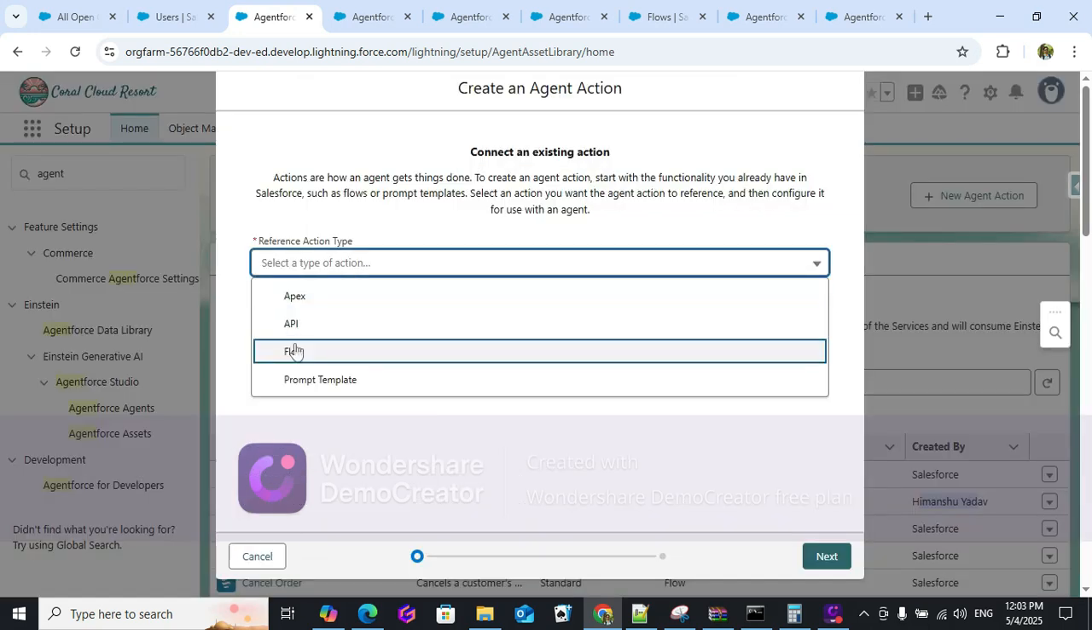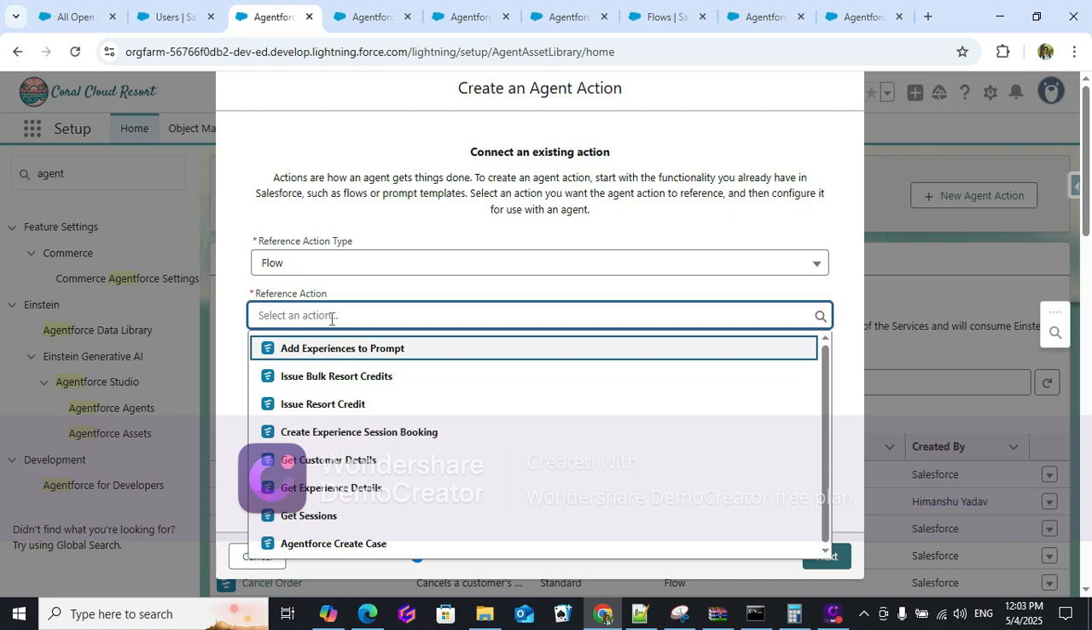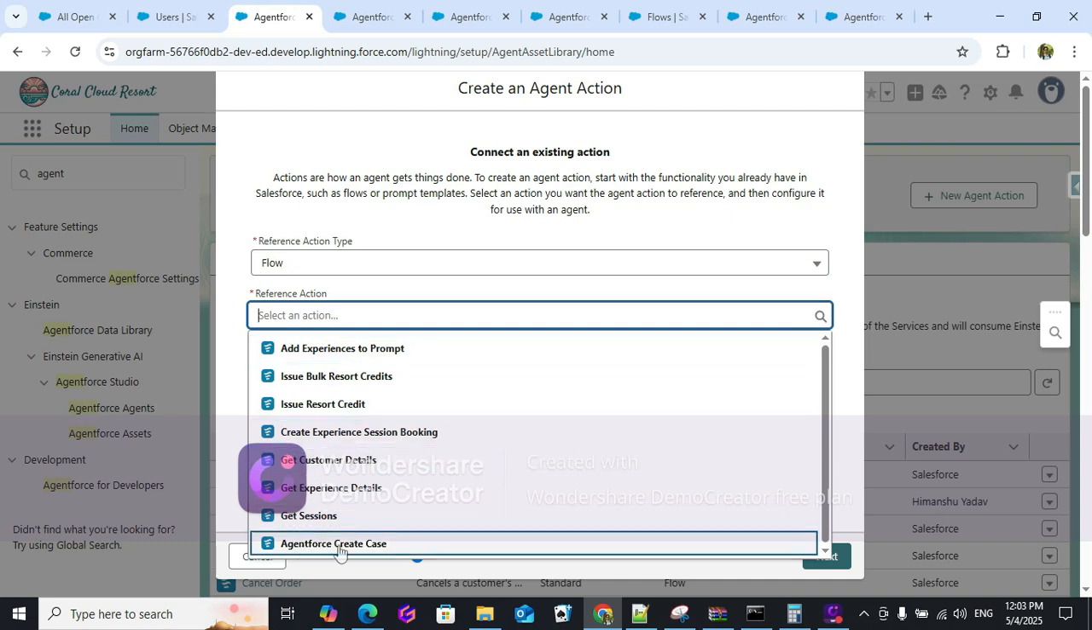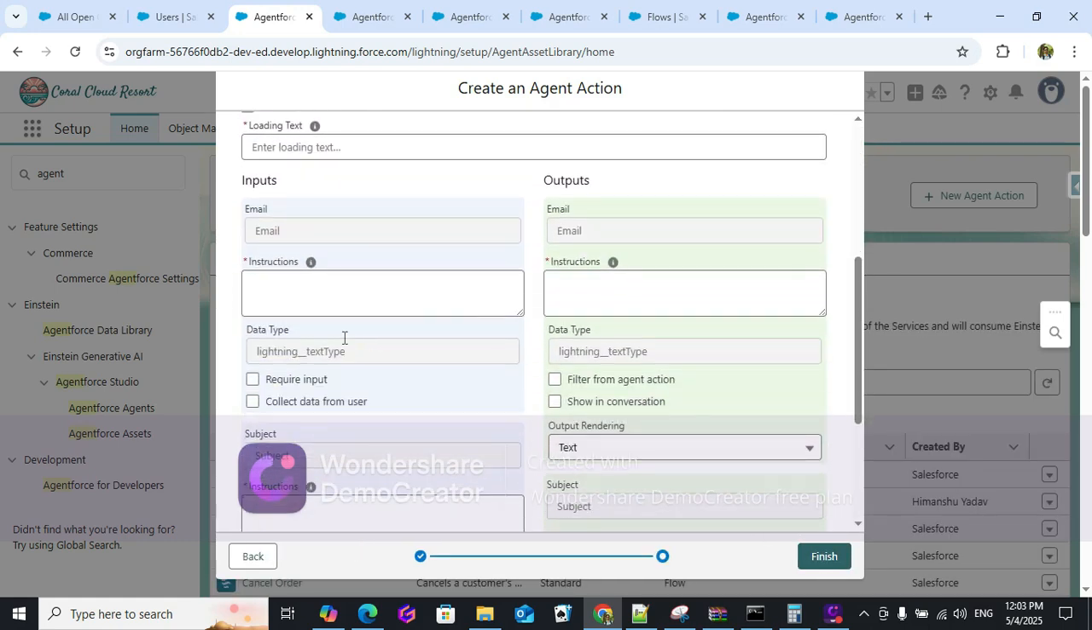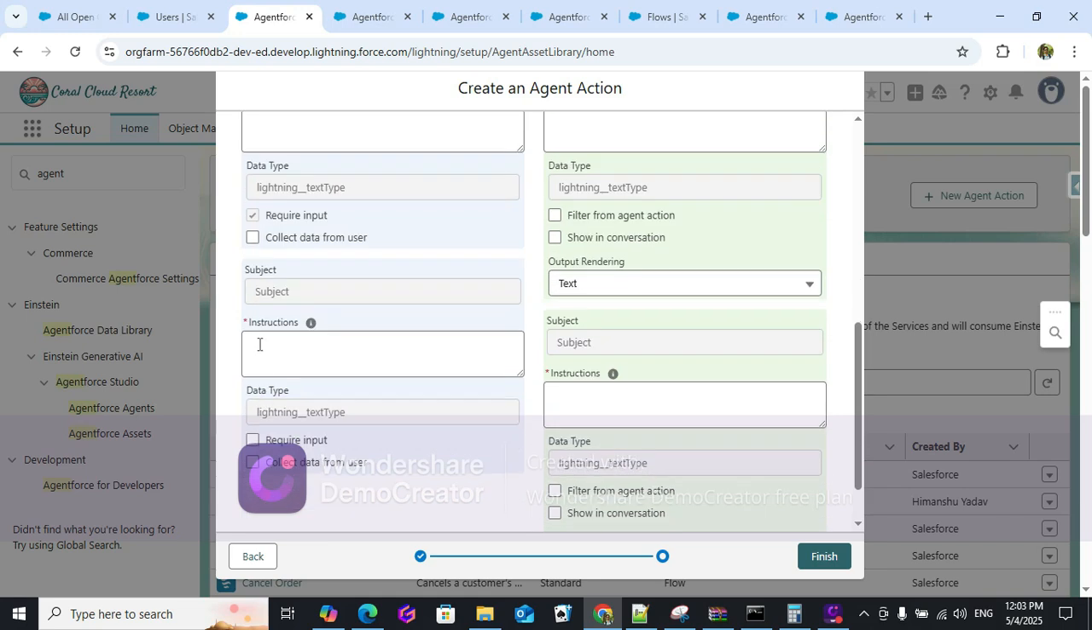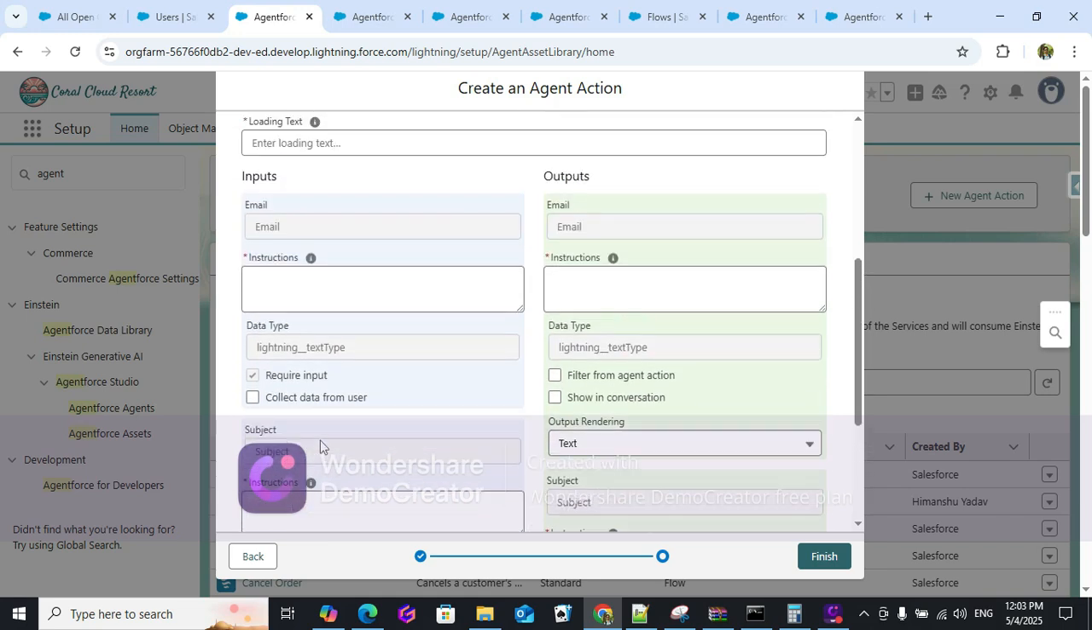We can select the flow here. Okay, I have created the flow with the name Agentforce Create Case. This is the flow we created. We can select this flow, and we can go next here. Okay, and here we can see whatever variables we defined in the flow, we are able to see here. Okay, so whatever is input, we select the input checkbox here. And we can give here